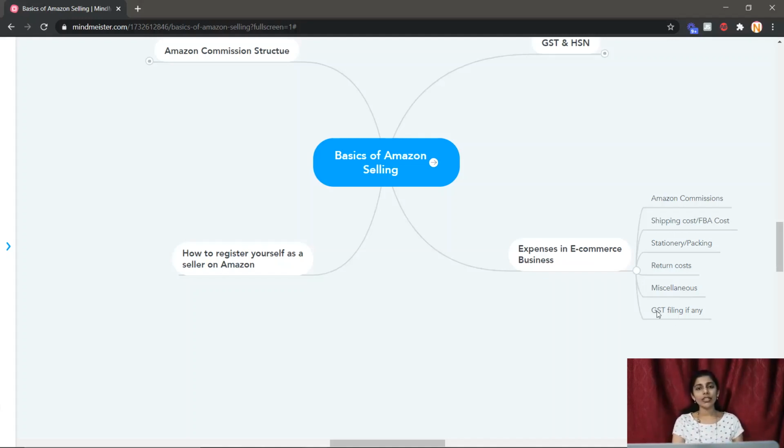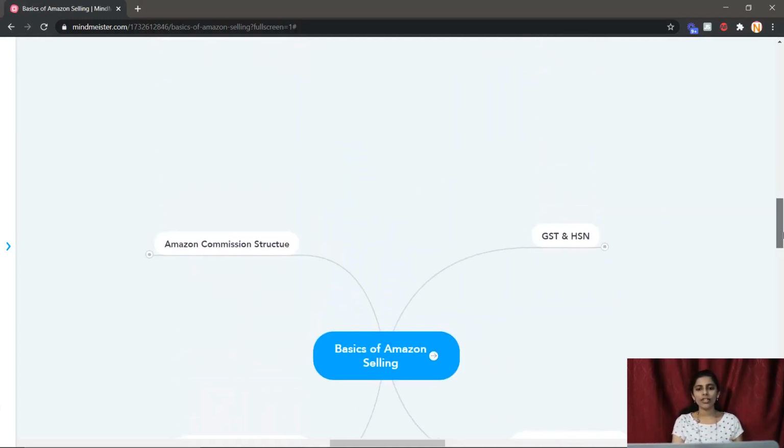And next is GST filing. And I have mentioned the words "if any". The reason is that each and every month people will be filing GST. If you have a GST number, you have to file a GST return, telling the government that these are the purchases, these are the returns, or these are the sales, like that. There are many people who do it themselves, and I actually do it with the help of an auditor. So it is up to you whether you are doing GST filing by yourself or you are hiring an auditor. People will be charging around 500 per month. This is one of the constant expenses for your business. So these are the various expenses involved in the e-commerce business.